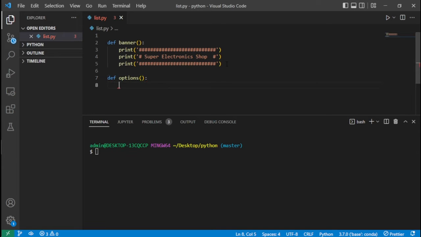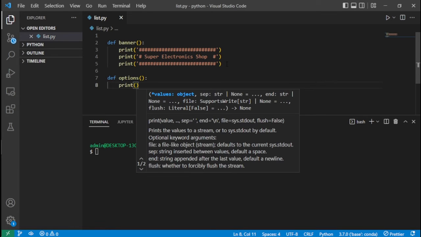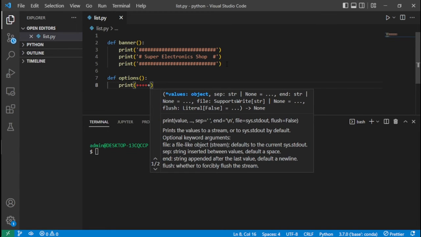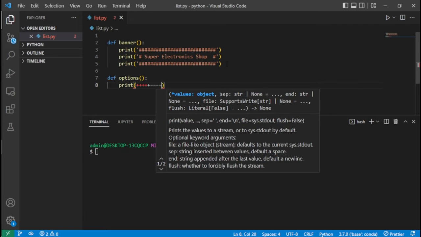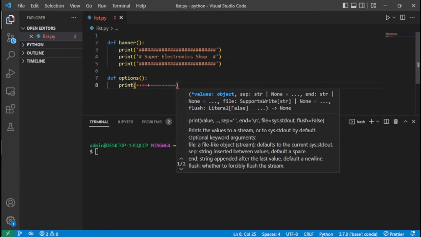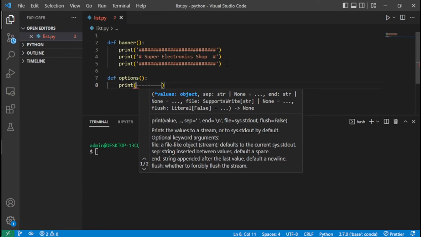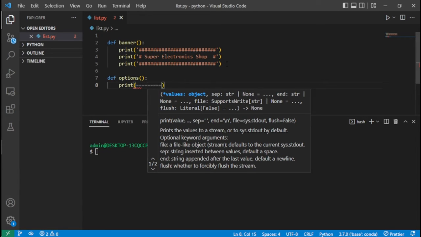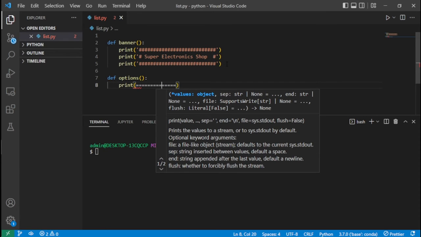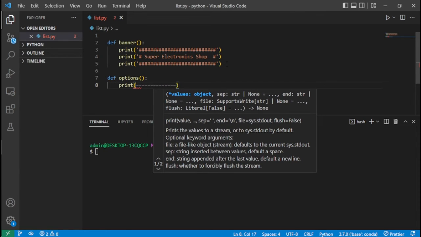So this one will be quite something again. This is just to make our application a bit beautiful, nothing more. Okay, let's just have something like that. And let's say